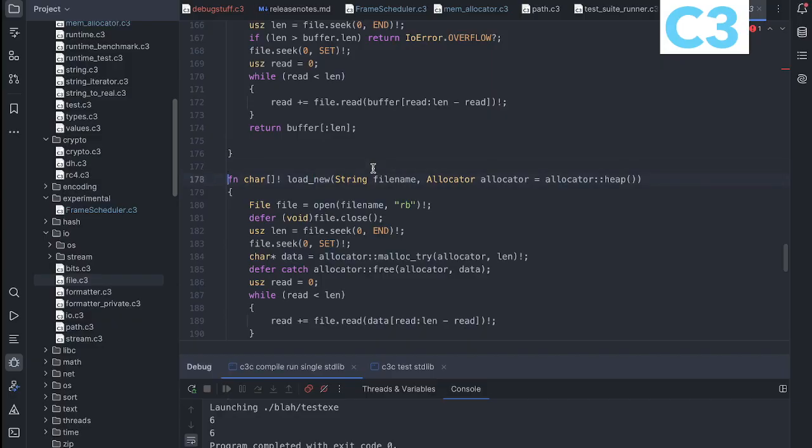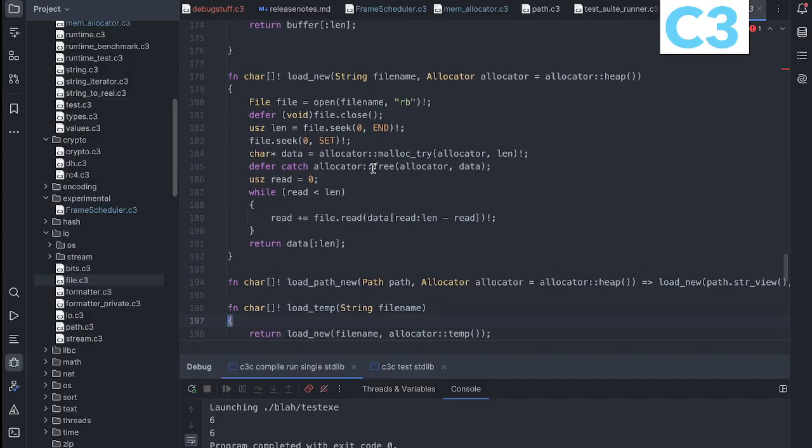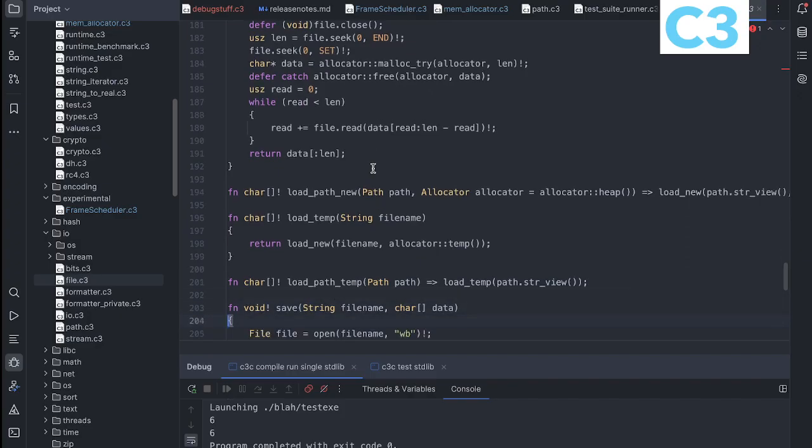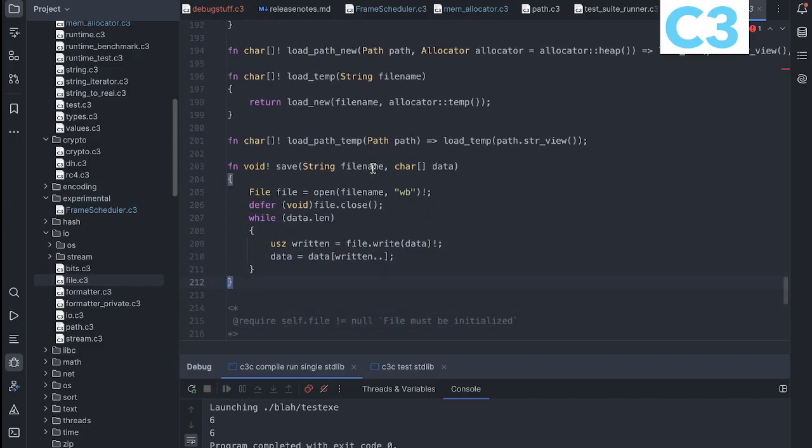So again here, load new would load something, then I'll allocate memory for it. Sorry. Save is much easier. Save is just to save, right? I wonder if this is right. If something was written, if written is always going to be right, it's going to send me the end of the problem from here. So this one is going to be an error. So this was always going to be positive. Okay, so let me show you